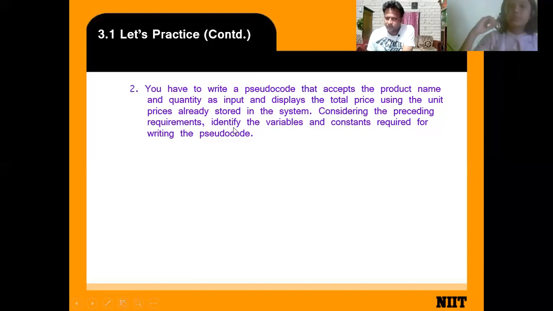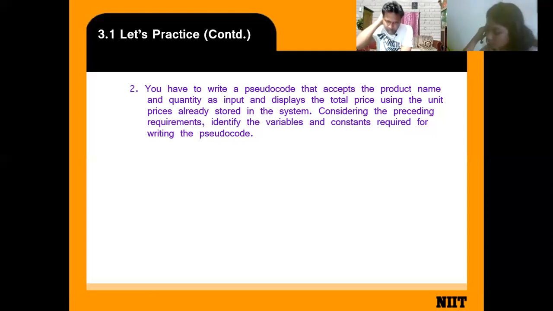Considering the preceding requirements, identify the variable and constant required for writing the pseudocode. I will write this question.